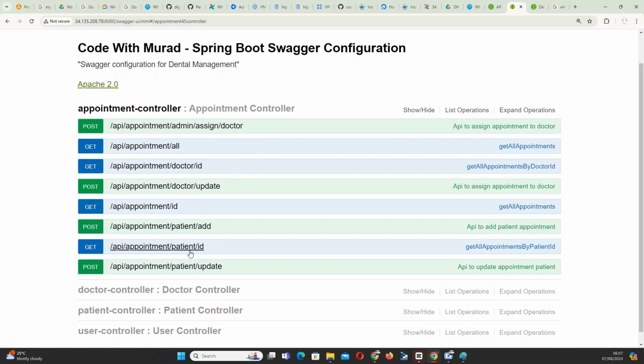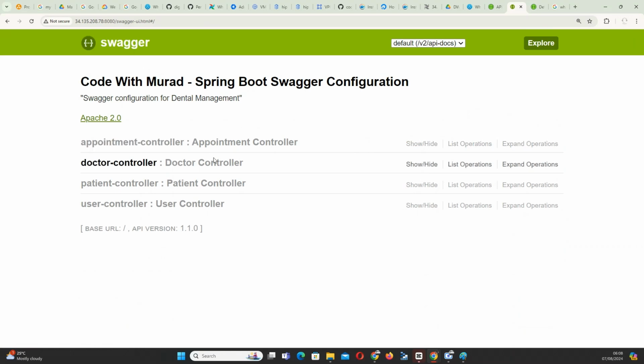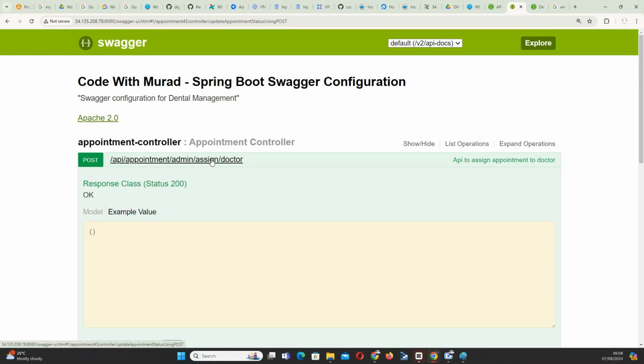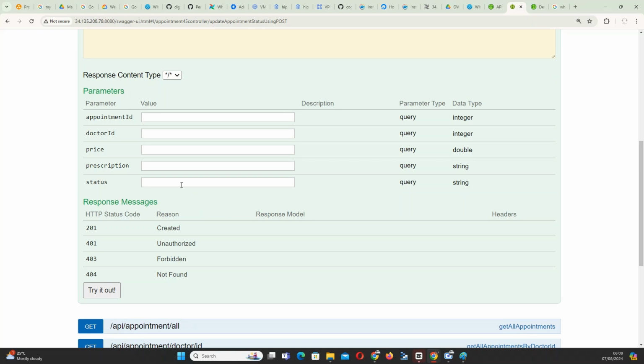So under appointment, you have all appointments, get, and update appointment. You can see add appointments, and update appointments for patients. So these are endpoints, and the developers now will know how to use them. If you want to use this one, you can click there. You can see the logic and the things it needs. These are the credentials that the backend is expecting from the front end. So the front end will give the backend this